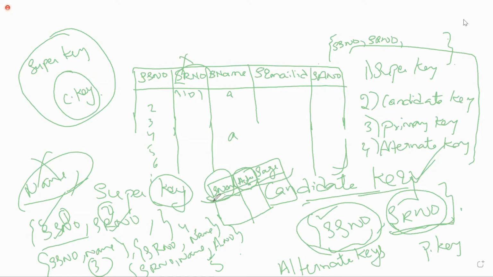Okay, with the help of 2 we can make a key attribute. Here we are writing almost all the possible key attributes. The set of all possible key attributes is nothing but a super key.